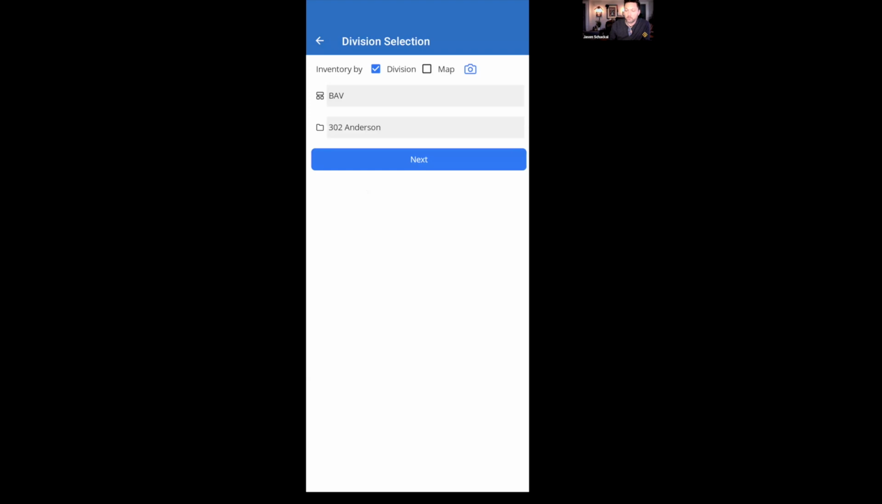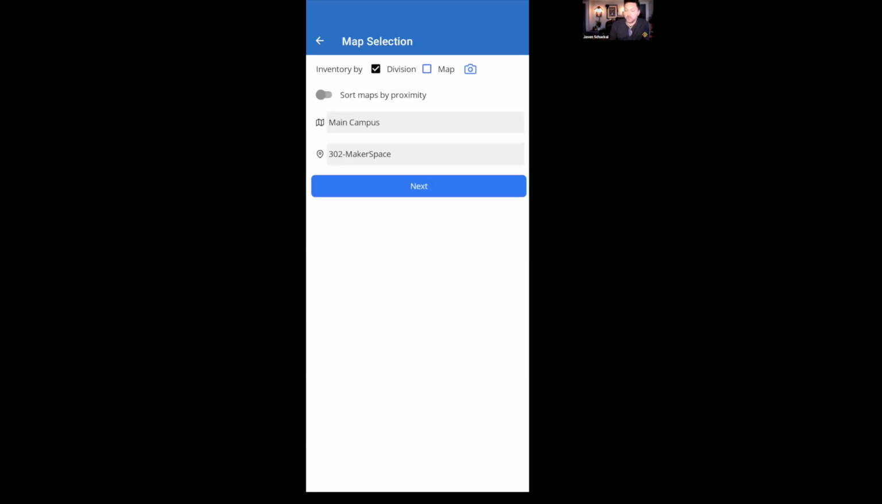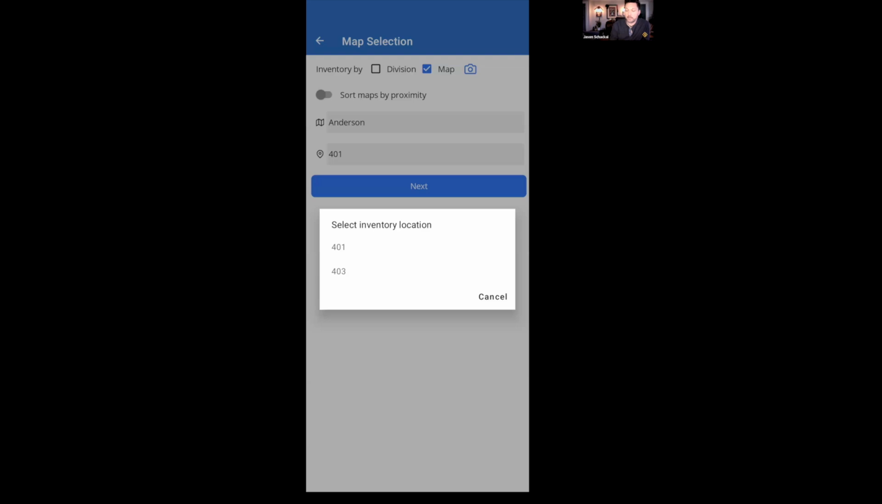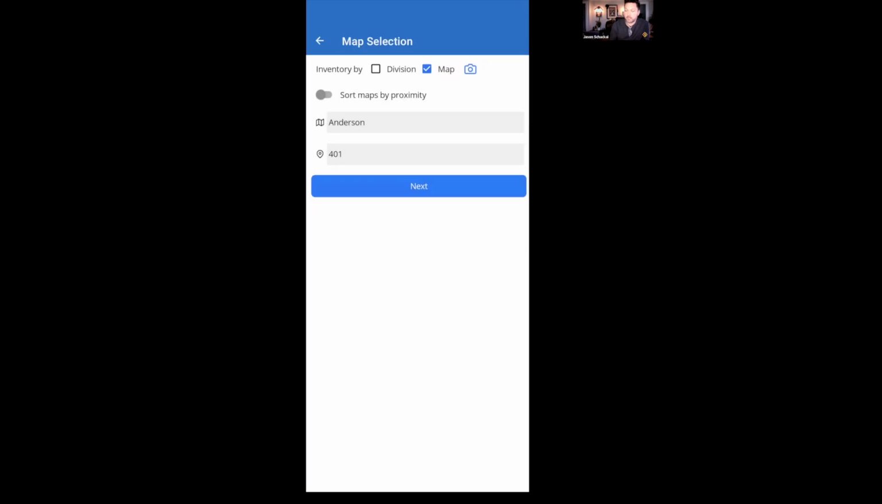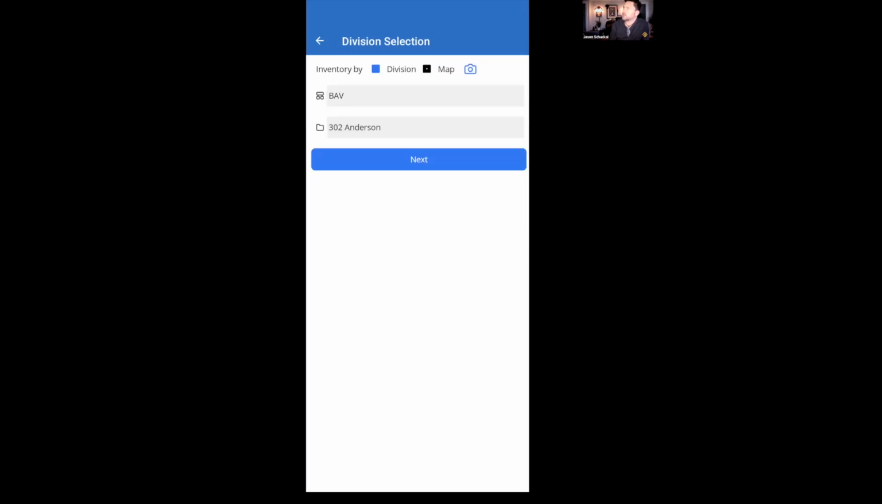But when you're doing inventory, it's really kind of a physical location process. So if you're using our lab maps functionality, you could also choose a map and choose a location from the map. And then there's a way to kind of sort maps by proximity. And I think we might have a way, based on your phone's location services, to give you a list of locations. But in this case, I'm just going to select